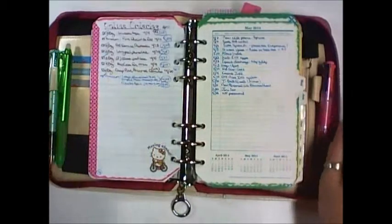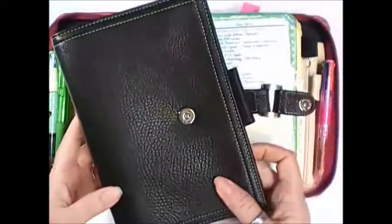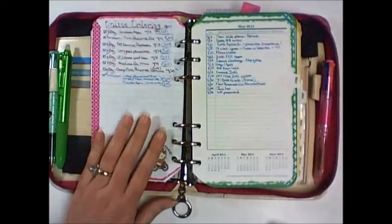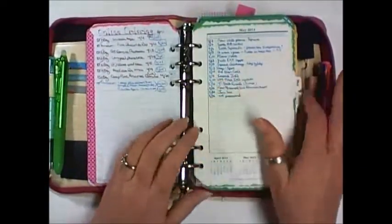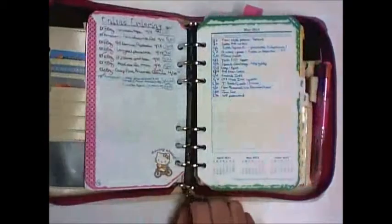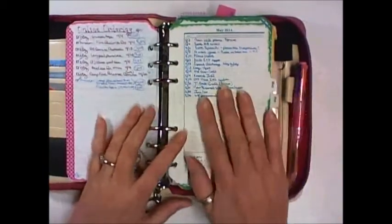And you may notice since my last video it's a different binder again. I was in this day timer, which I love. I'm going to be switching back and forth, but the Franklin Covey here has much bigger rings, so I can actually keep the month of May and the month of June in my planner all at the same time, and I don't have to switch it out quite so quickly. But it's a lovely binder, and it's a zip up, and I still have all of my wallet contents in here, so it's my planner and my wallet. So the month of May,